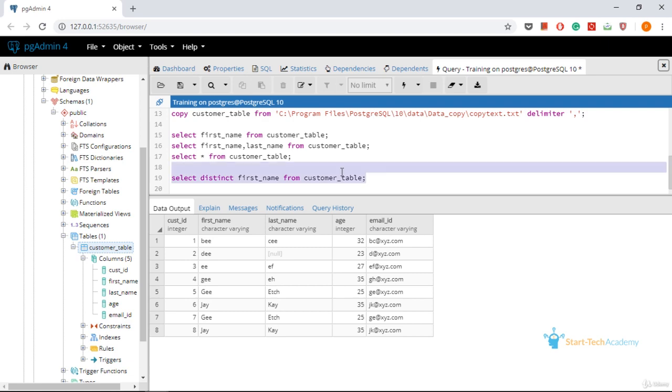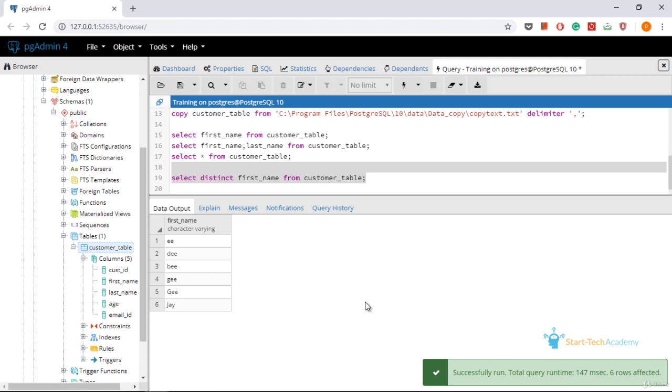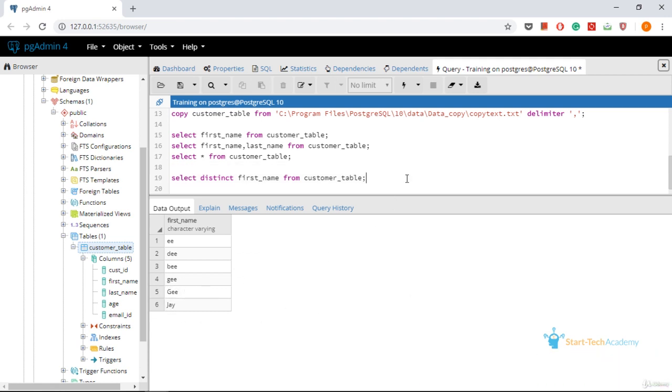And now let us run this query. So did you guess it correctly? It is giving us only 6 values back. 2 of the duplicate values have been removed. You can see there are 2 different G's still in the retrieved data, but these 2 are different in their case. That is why both these are present in the retrieved data.